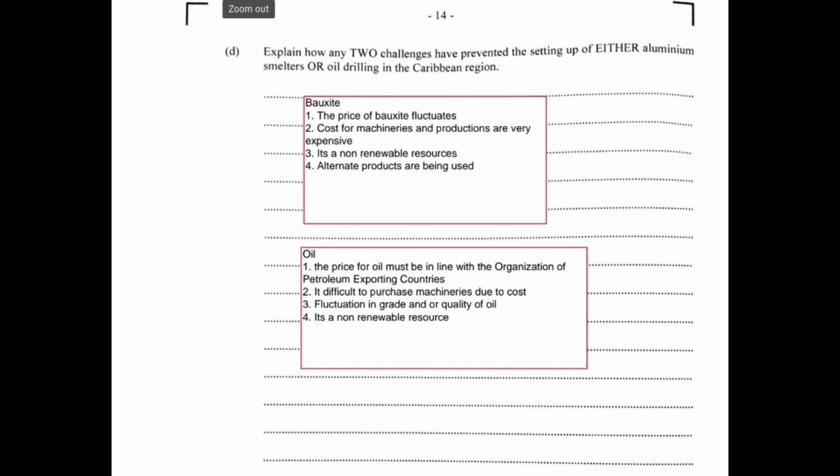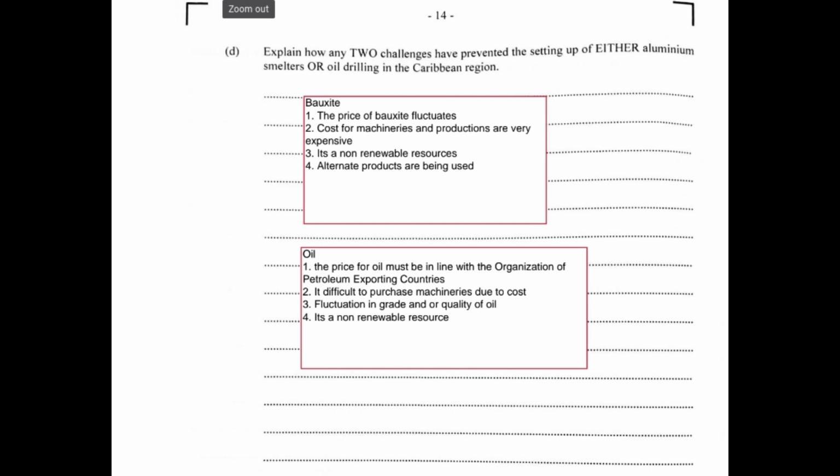And alternative sources of bauxite and alternate products are being used, such as plastics, and this is basically affecting the demand for aluminum. So they're trying to use other products, which is basically giving the bauxite companies or the aluminum companies a fight. Hence one of the challenges that they face. Talk about oil. Now, 2 challenges that have been preventing the setting up of oil drilling in the Caribbean are: